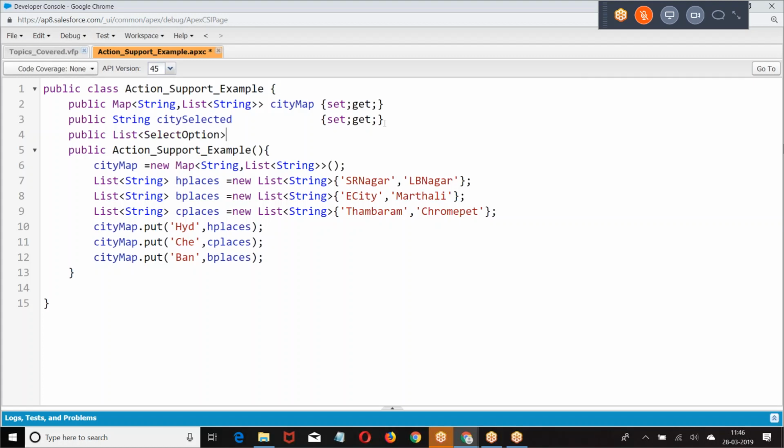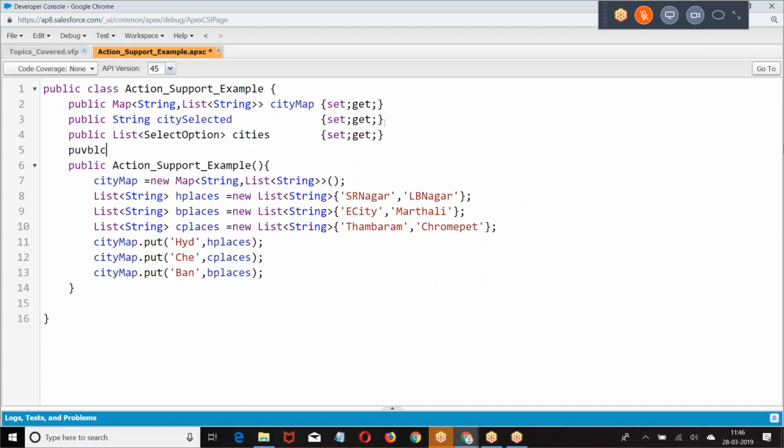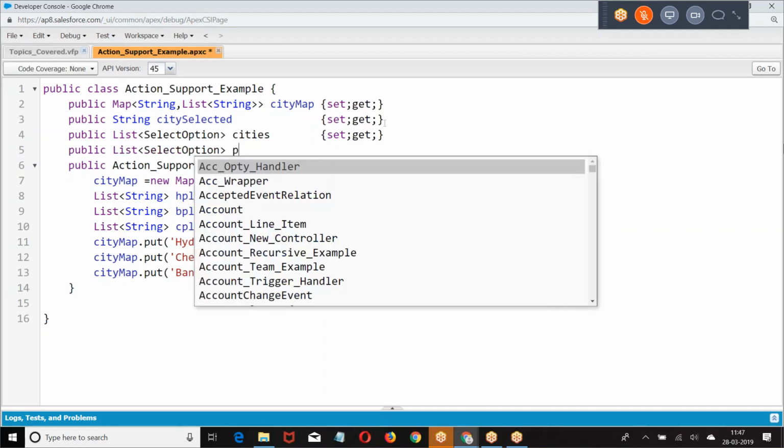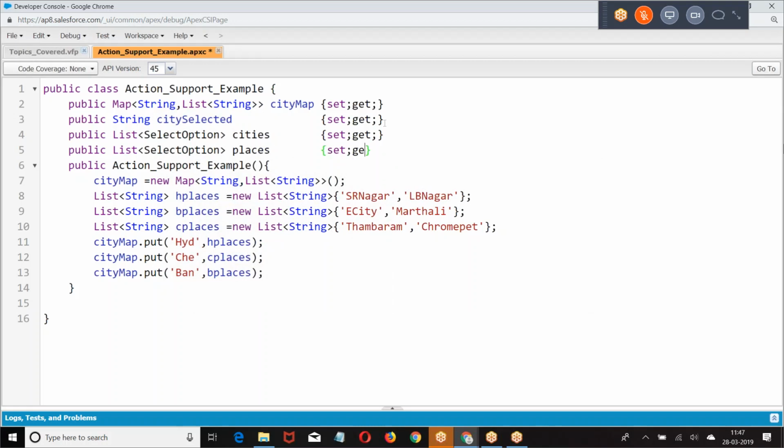Here, what I was doing, I was creating a quick list of pick list option. Select option. Add public. Now we are trying to do it.